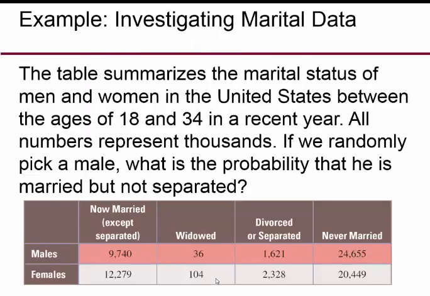Now, the following table summarizes the marital status of men and women in the United States between the ages of 18 and 34 in a recent year. All numbers represent thousands. If we randomly pick a male, what is the probability that he is married but not separated? So here's the table. Here are the males: 9,740 are married and not separated, 36 are widowed, 1,621 divorced or separated, and 24,655 never married. Females: 12,279 now married and not separated, widowed 104, divorced or separated 2,328, and never married,